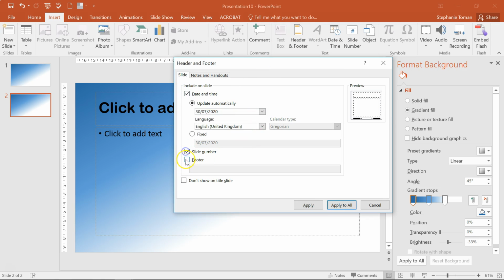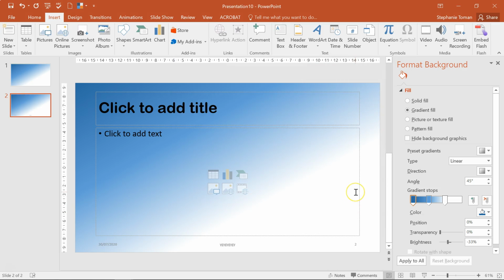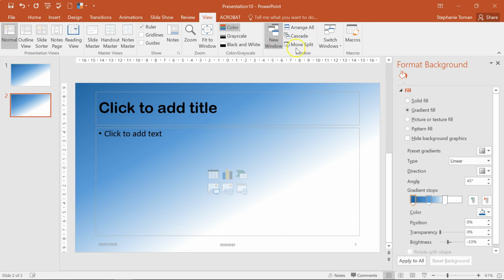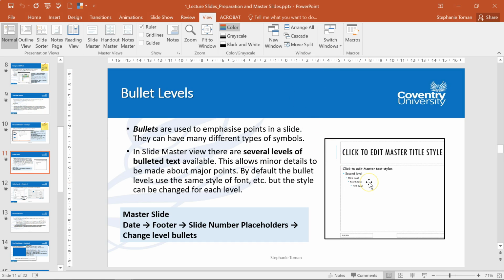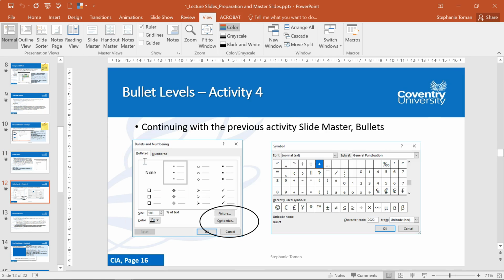So it's a really easy way of putting stuff onto slides without having to go into the master slide and do it. And they considered that as okay. So you don't need to go all the way to the slide master to do that. We're going back into our PowerPoint, so back to view, and let's switch back over. So we've seen that. I showed the bullets earlier, how you can change all those on a right click. And other thing,